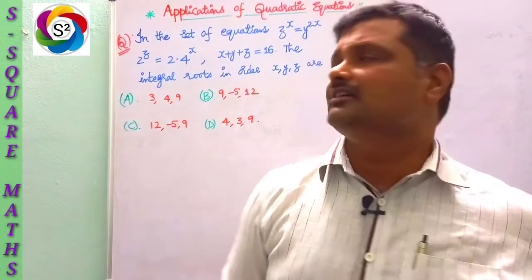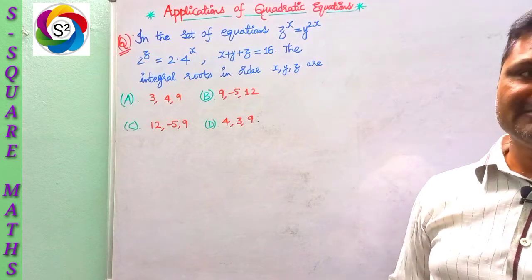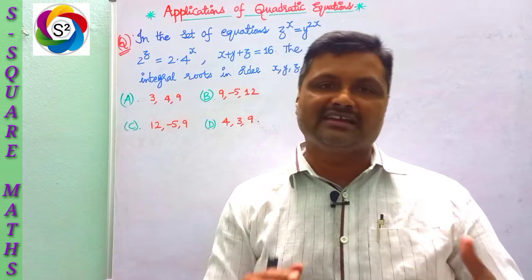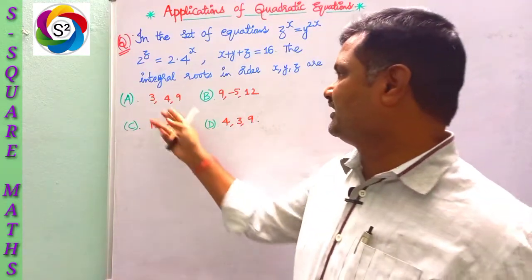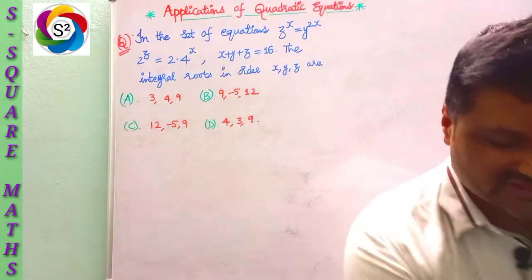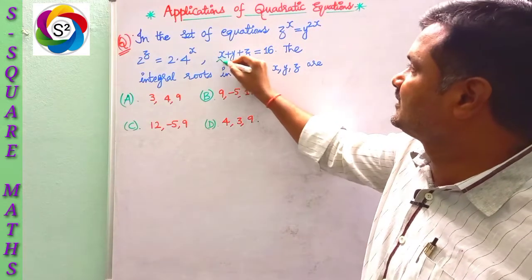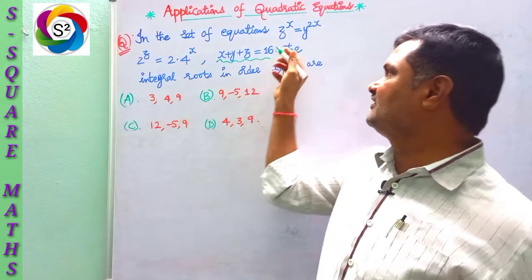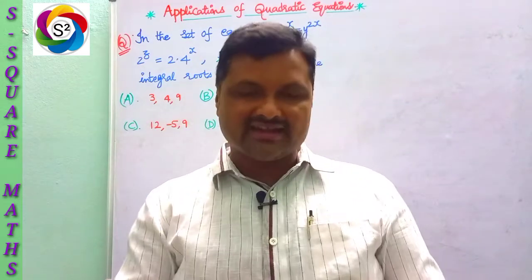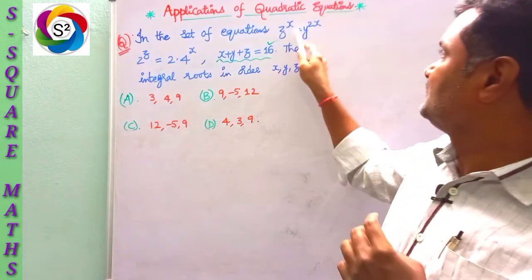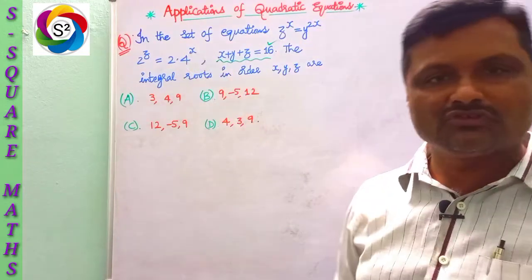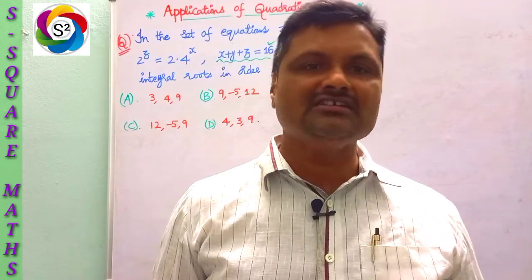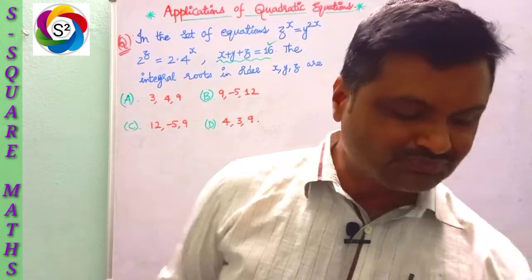So this can be done by the applications of quadratic equations. Many of the students will be going through the trial and error method, or hit and trial method, substituting all the values in the given equation to get the sum 16. Here trial and error may fail, so let us go through our traditional method, but in an easier way with direct steps. Let us go through it now.